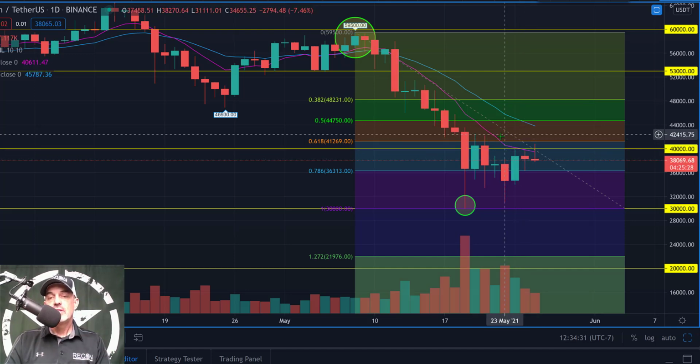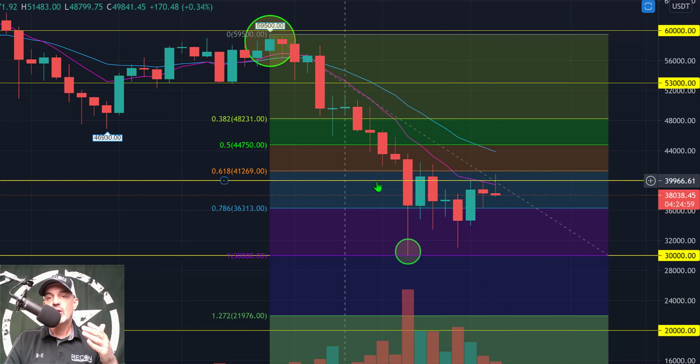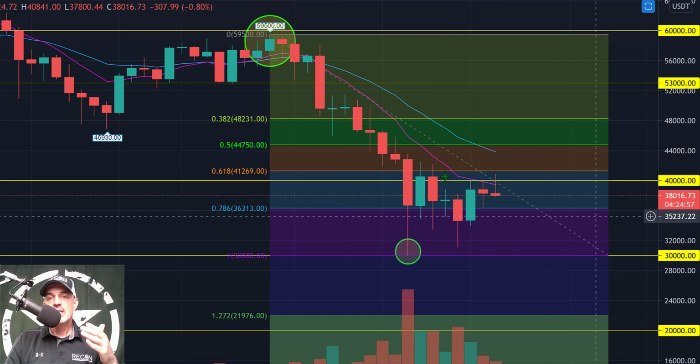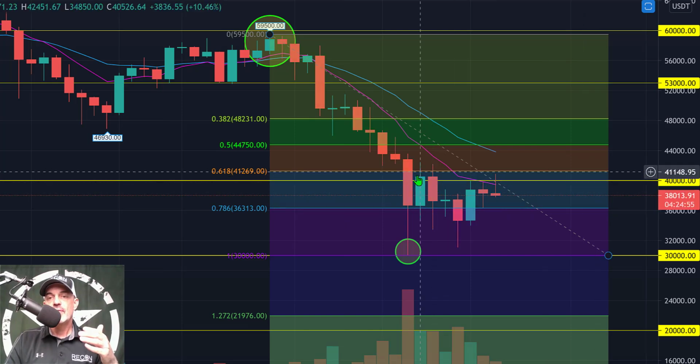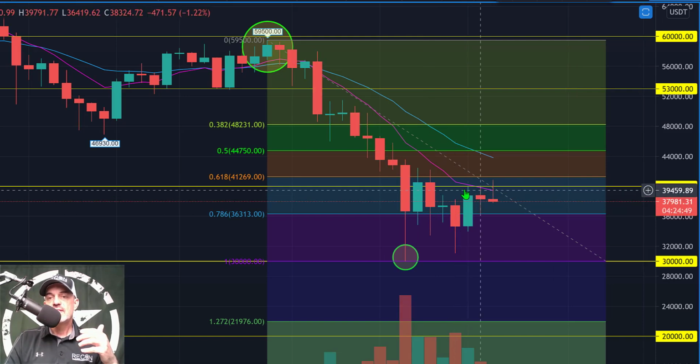And so with that all being said, you can see I have 40,000 dropped in as a resistance line currently. And you can see that we had some resistance back on these candles before we ended up selling off again. And we're currently seeing that same resistance again with these two candles. We came up into 40,000 and rejected twice.